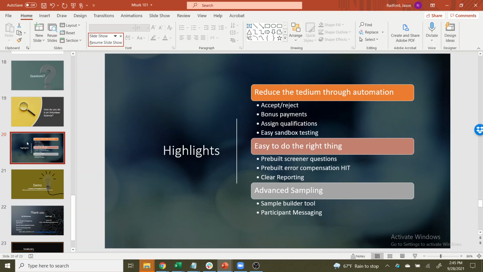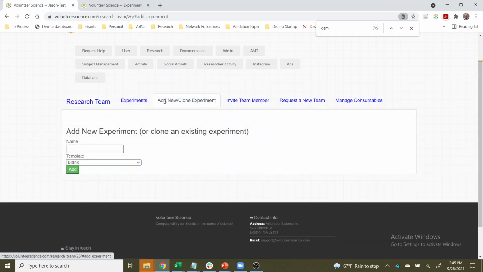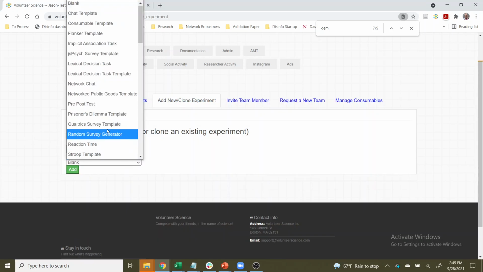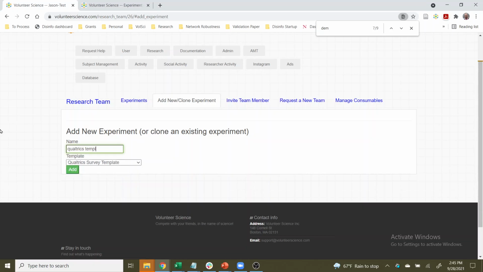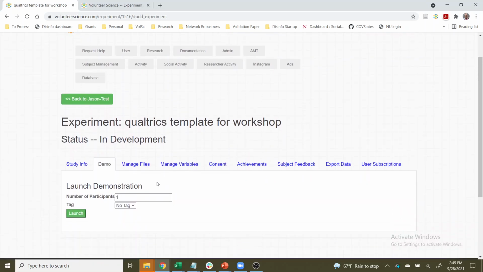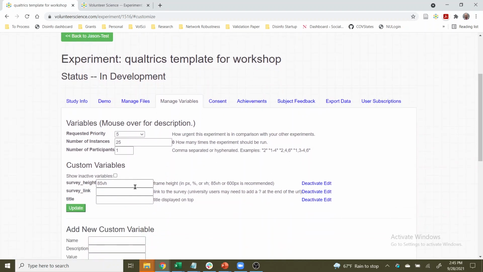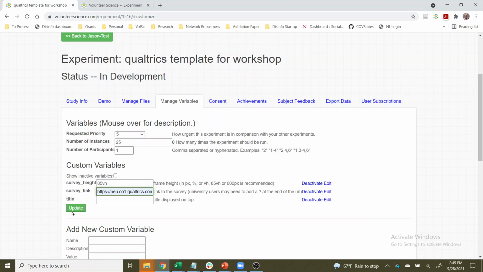So let me go ahead and get to this demo. I'm going to switch over to my experiment team here, my research team. I'm going to create a new experiment. Again, this is just going to be a Qualtrics survey. So Qualtrics template for workshop. Call it whatever I want. We have a separate tutorial for how to use the Qualtrics template, so I won't go into too much detail here. Just know that you can put in whatever Qualtrics link you have here, click that update button, and you're done